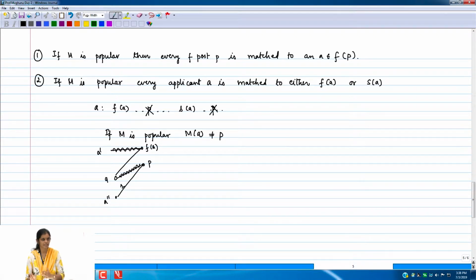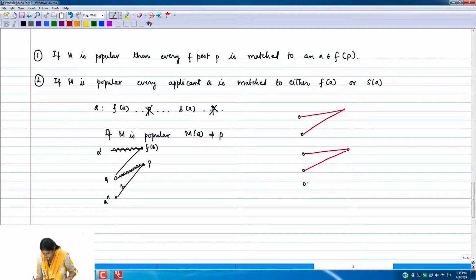So we should restrict ourselves to a graph where we will have the applicants, and we will now use some color coding. We will say that for every applicant there is a red edge, which goes to some post, its F post, and there are also blue edges which go to their S post. Every applicant has an S post. There may be several applicants who have the same S post, and some applicants who have their unique last resort as their S post, but every applicant has a blue edge and a red edge incident on it. Once we have constructed this graph, what question should we ask?